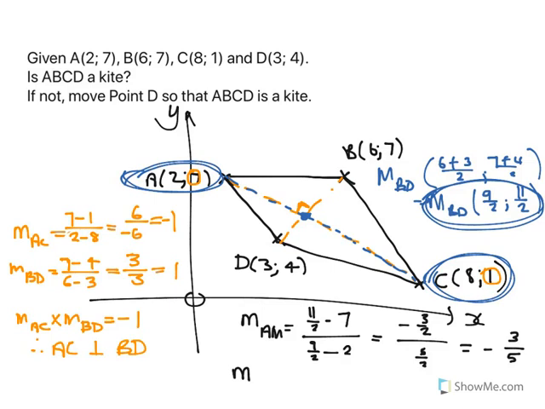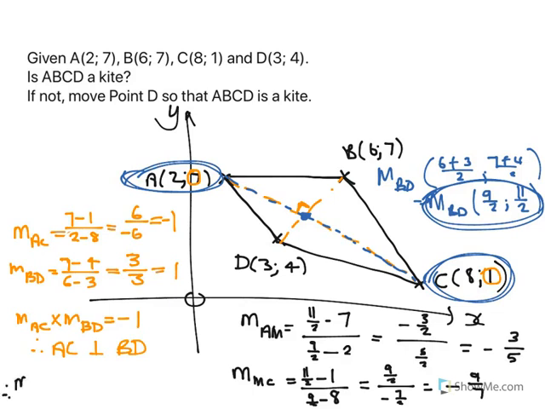And then the gradient of MC, so the line from M to C, would be 11 over 2 minus 1 over 9 over 2 minus 8. And that would be 9 over 2 over 9 over 2 minus 8, which is minus 7 over 2. And that's negative 9 over 7. And because these aren't equal,